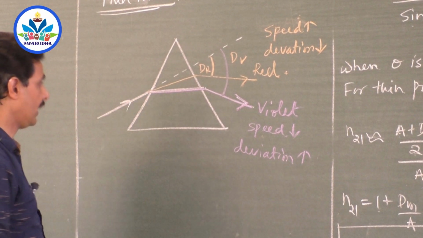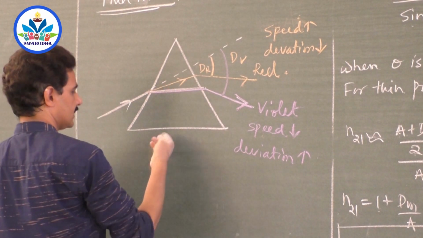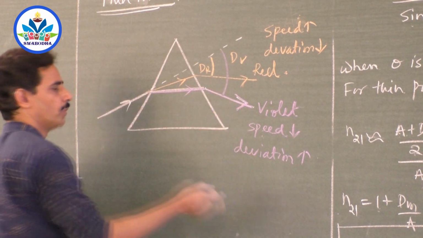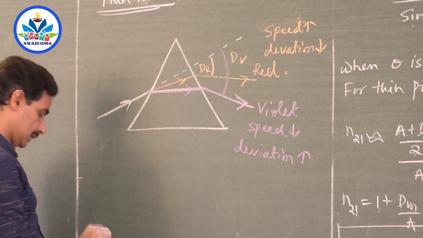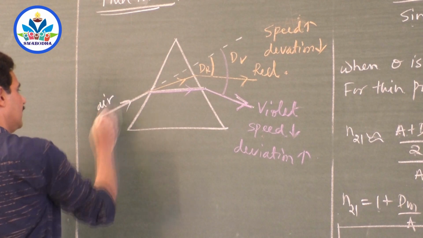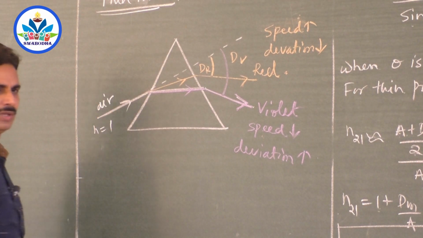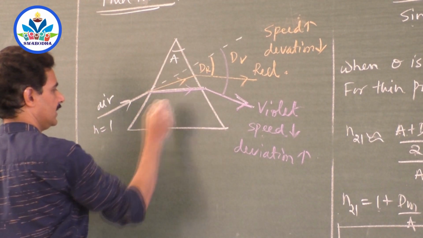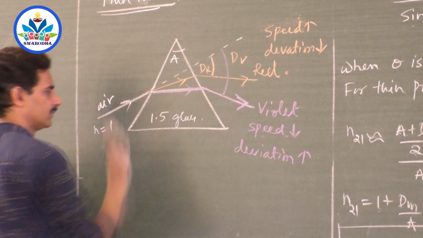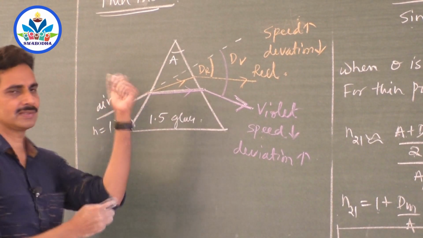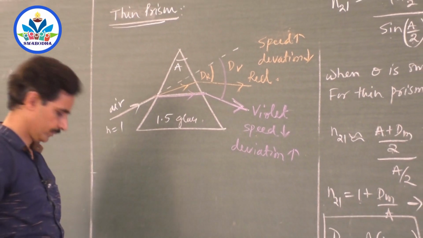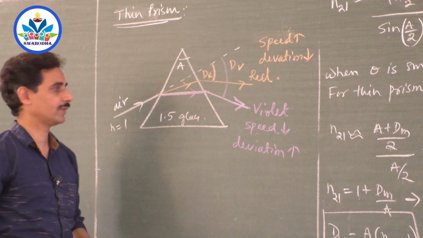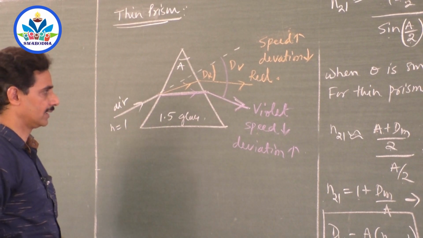So, the color which travels with the most speed bends least. The color which travels with the least speed bends most. And remember, suppose this is air, the refractive index of air is 1, or very close to the vacuum value. What about inside the prism? It is different. Say it is glass, some type of glass which has refractive index 1.5. As soon as the ray of light enters the glass, you ask the different colors, do you have the same speed? No, sir. We are traveling with different speeds. That's why we have bent to different angles. And this is the spectrum.